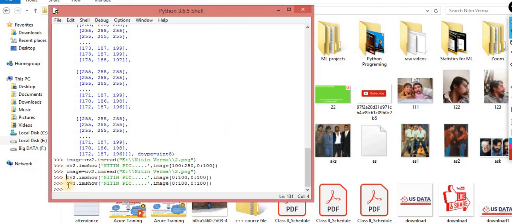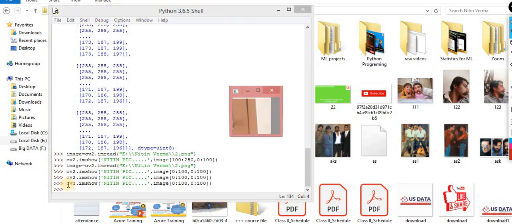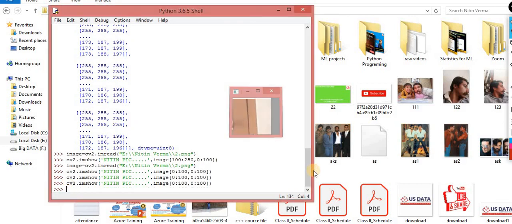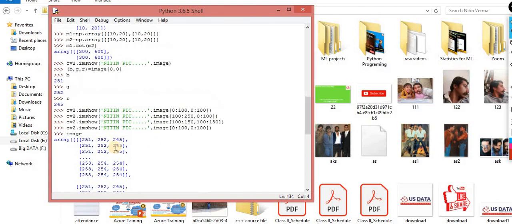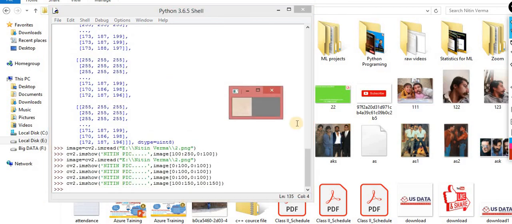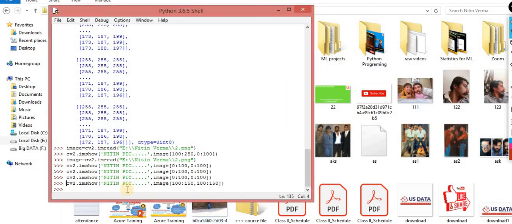Now I'm changing the size a little over here. Let me try with the previous sizes as well. Let's suppose this is the size. Now you can check, I just cut out this area from the entire image, up to 150, and the size decreases. Let me try one more.